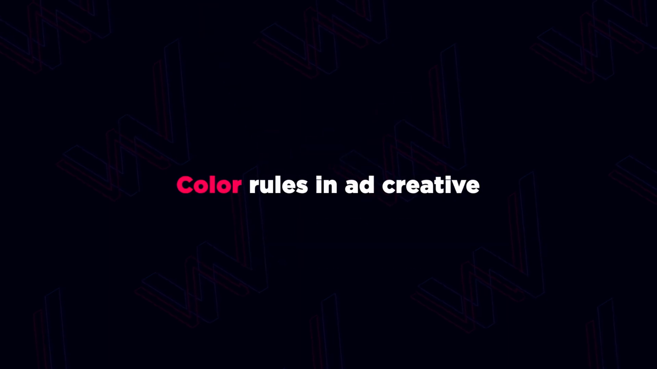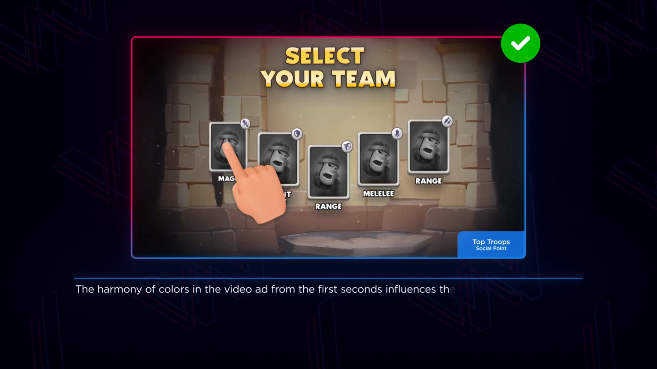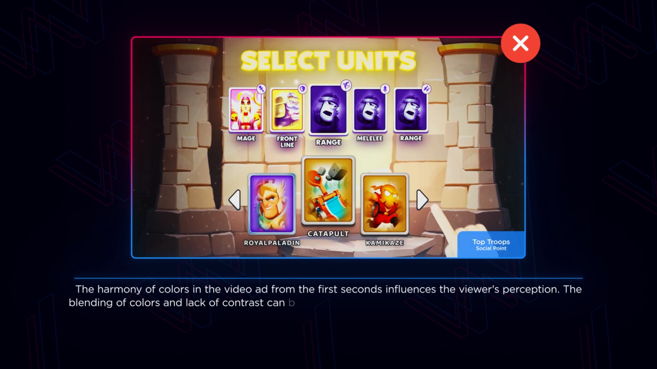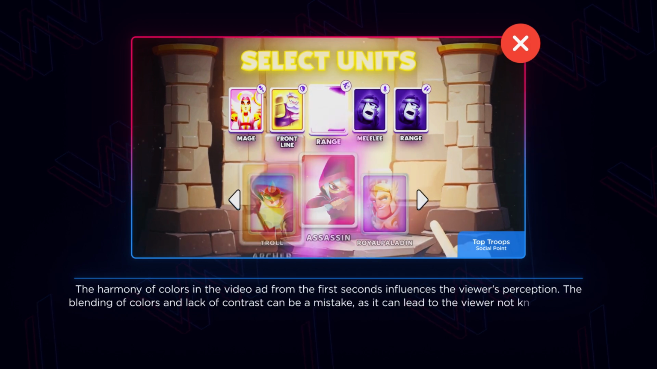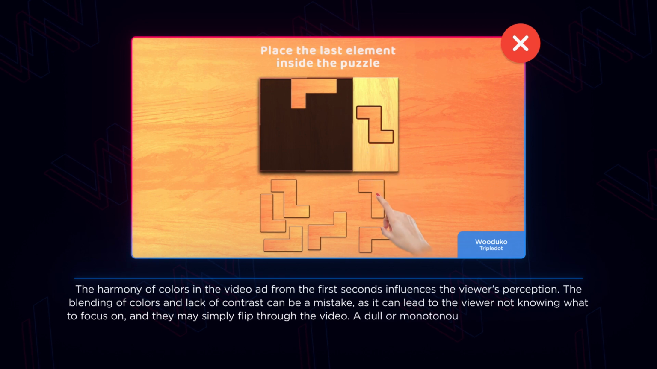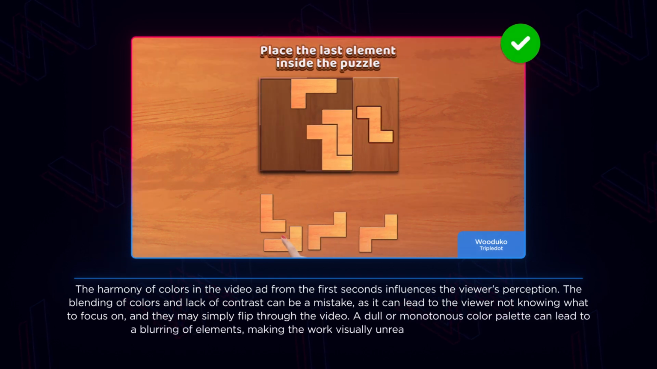Color rules in ad creative. The harmony of colors in the video ad from the first seconds influences the viewer's perception. The blending of colors and lack of contrast can be a mistake, as it can lead to the viewer not knowing what to focus on, and they may simply flip through the video. A dull or monotonous color palette can lead to a blurring of elements, making the work visually unreadable and lacking